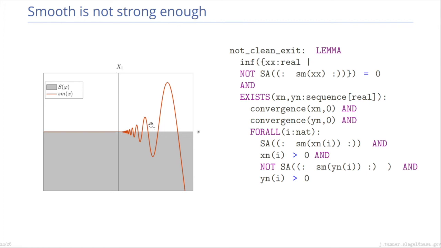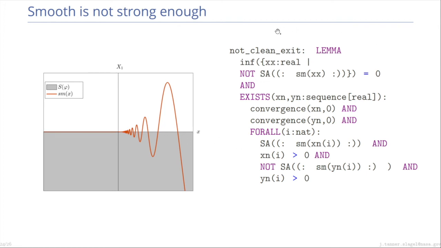The issue is if you look at the top of each of these waves, there's this infinite oscillation happening, and the closer you get to the origin, there are infinitely many of these points that are outside of S. So there's no epsilon neighborhood around this origin here where Sm is entirely inside or entirely outside S. No matter how small you look past this origin, there will always be infinitely many points where Sm is outside of S and Sm is inside of S.